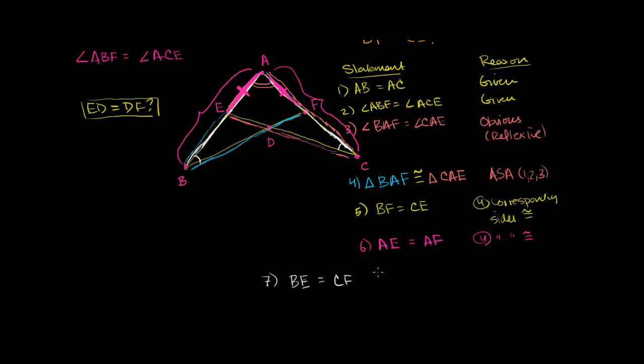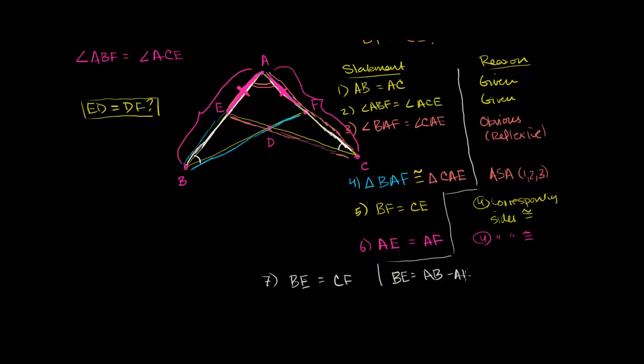And why do we know that? So let me put the reason right over here. Let me try to clean up my work a little bit. This column has been slowly drifting to the left. But how do we know that BE is equal to CF? Well, we know that the length of BE is equal to the length of BA minus AE, or I should say AB, that's how I call it up here. So it's equal to AB